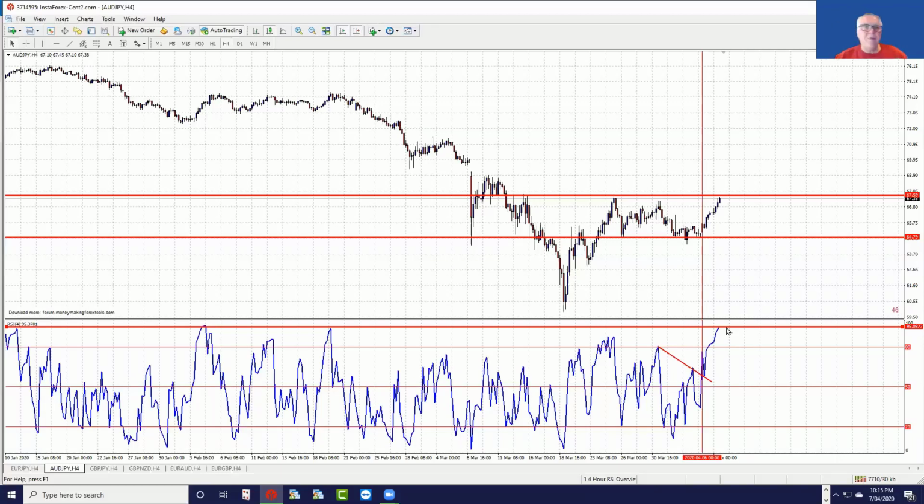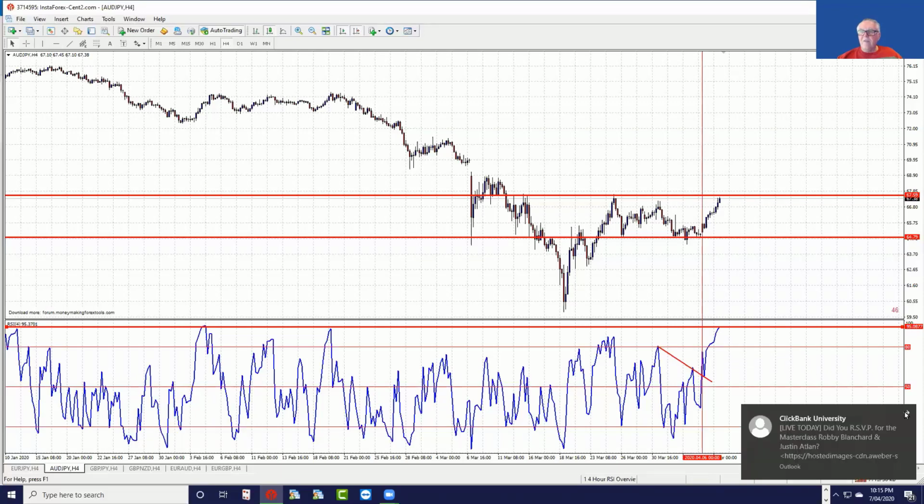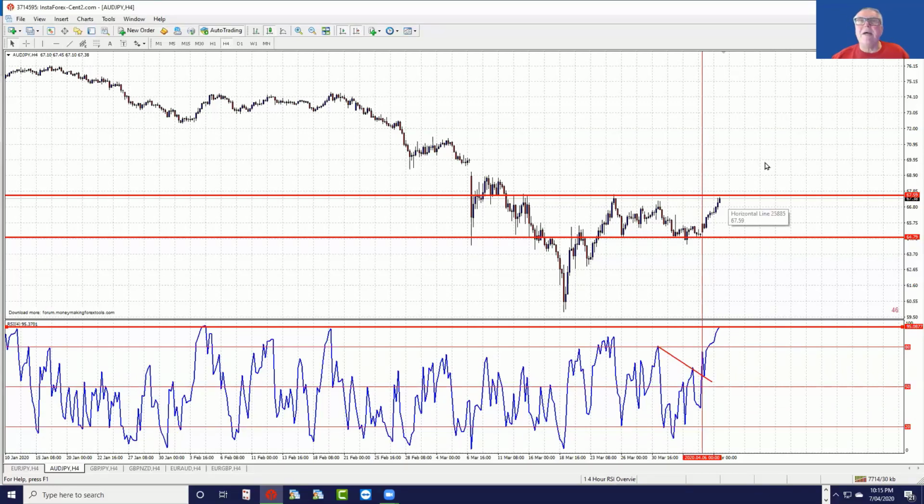It's almost 95. Again, you can see it very seldom reaches that level. So I'm saying it's completely overbought, and it should take a rest and we'll go south from there. So there's another potential